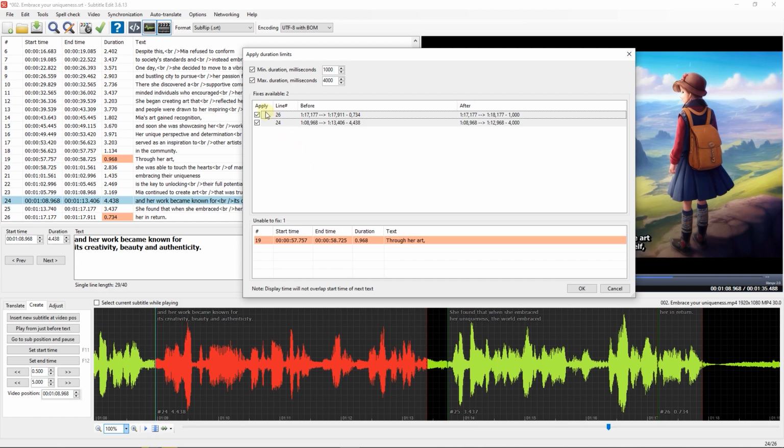Next, you can see a list of lines that will be fixed. The lines 24 and 26 will be fixed. Next, you can see a list of lines that will not be fixed. The line 19 will not be fixed because the display time of it will overlap the start time of line